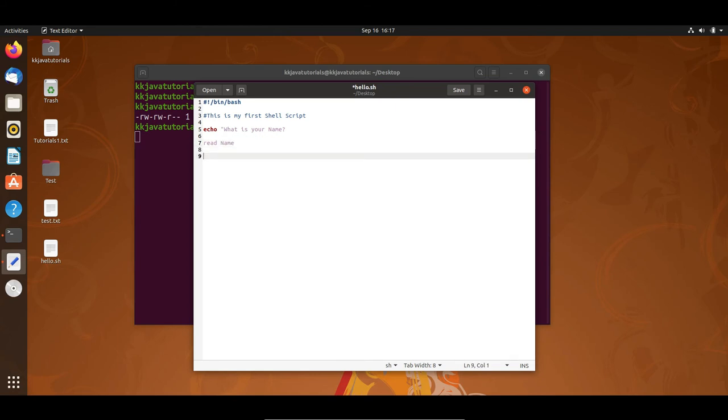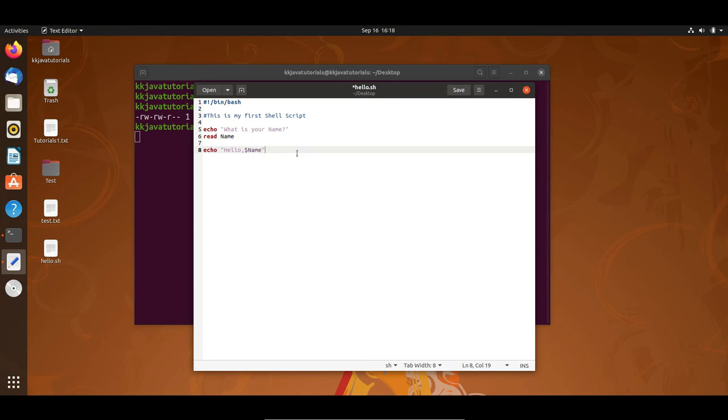And finally, if the user provides the input on the terminal, let's say I provide Kishan, then I would like to print a welcome message with echo. I will say echo, hello and comma, and this name, this is the variable which is going to be read from the terminal. So I will print whatever value is stored in name, something like dollar, and then you have to give the name, and close the double quotes, right? This should be in double quotes.